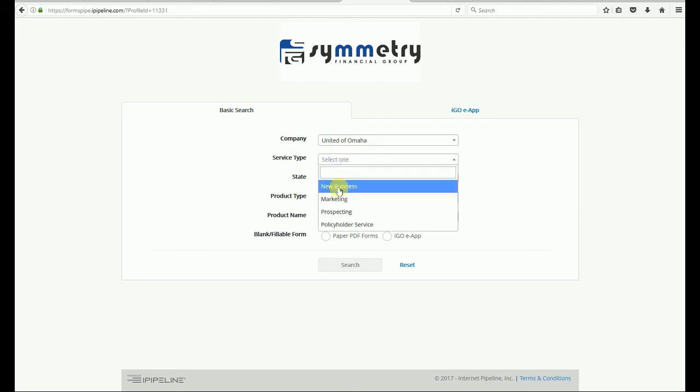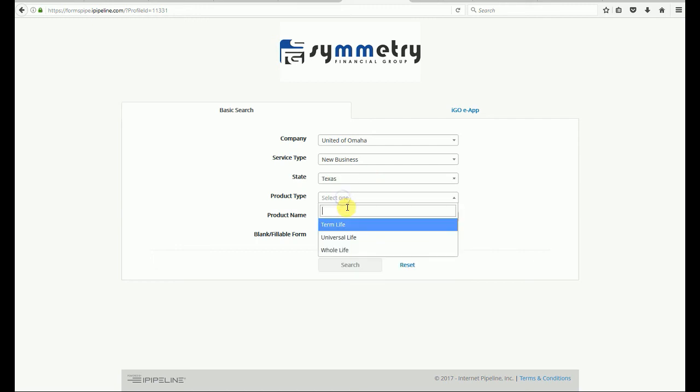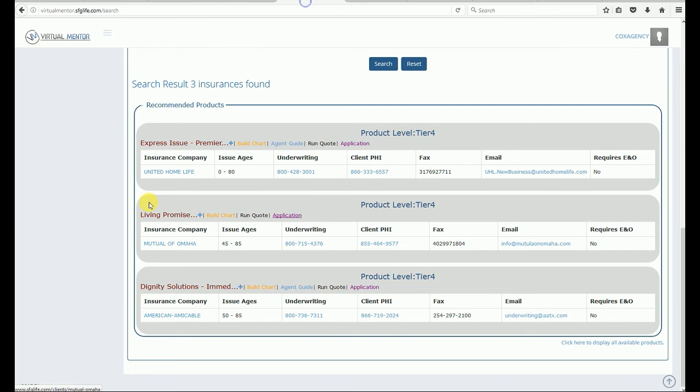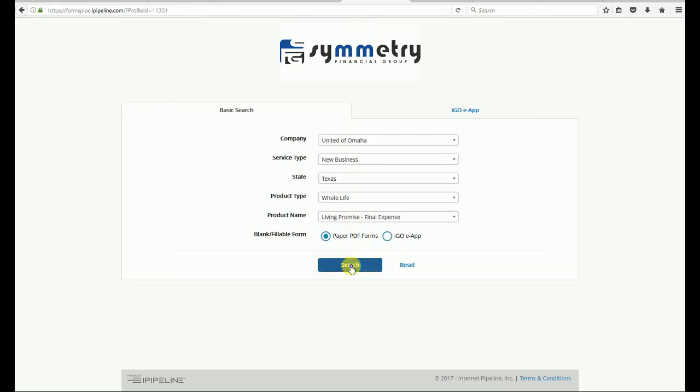Service type, new business. State, you're going to select your state. Product type, in this situation we're talking about whole life, right? That's the option that we chose, so we're going to choose whole life. Product name, Living Promise, right? And if you remember, Living Promise. Okay, so that's how you know what product to choose. You're going to click Search,